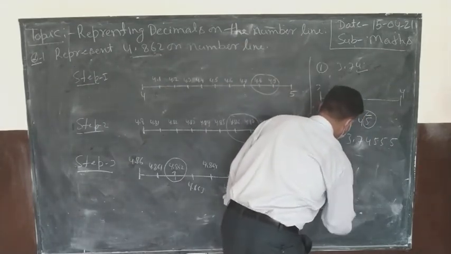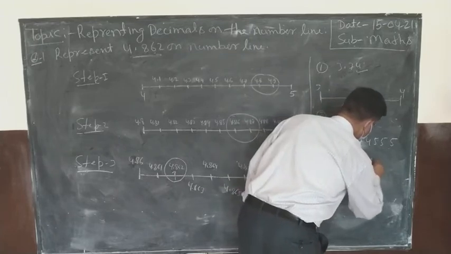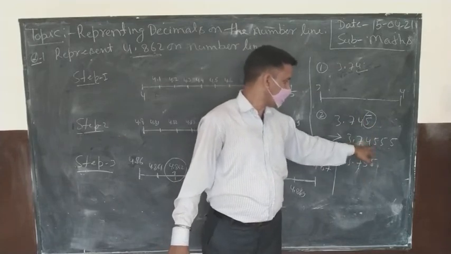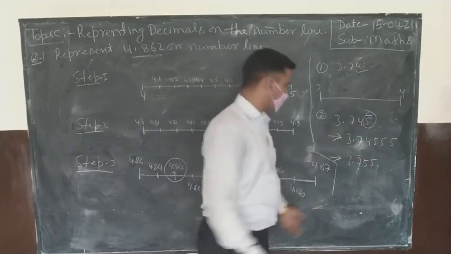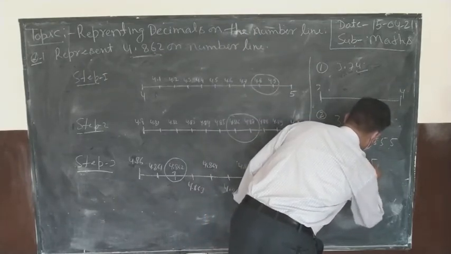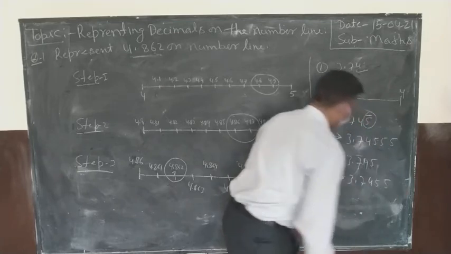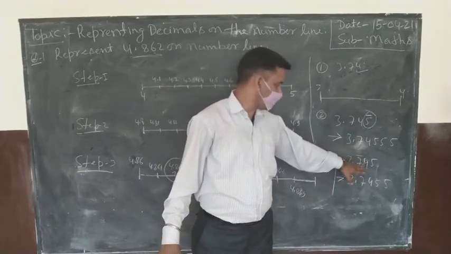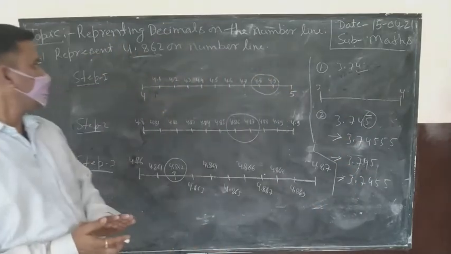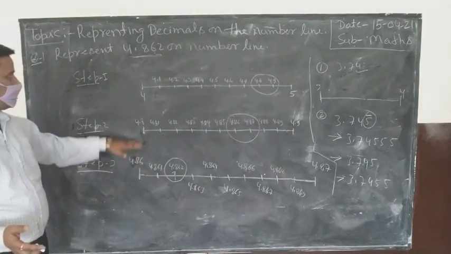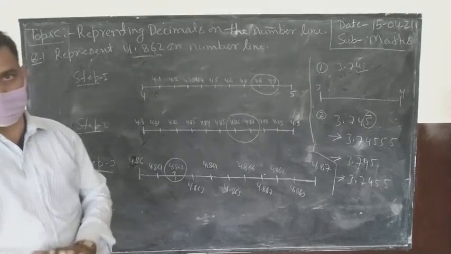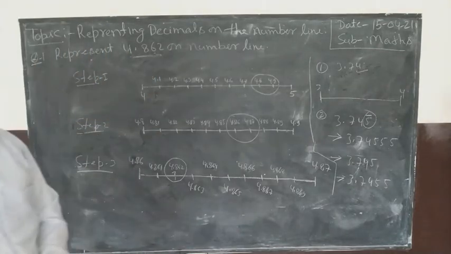Suppose you require here 3.745, then you write this. Suppose only 3 places, then you write in this form. Suppose you require 5 places, you will write in this form. Suppose you require here 3.7455. So how many places are required? 5 places, 3 places, 4 places, then you will write according to this way. So every number you will represent on the number line. This is the real number, otherwise you can say the decimal number represented on the number line. Yes, you note down. Then next question.